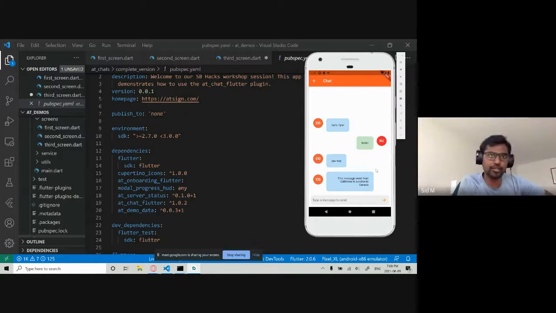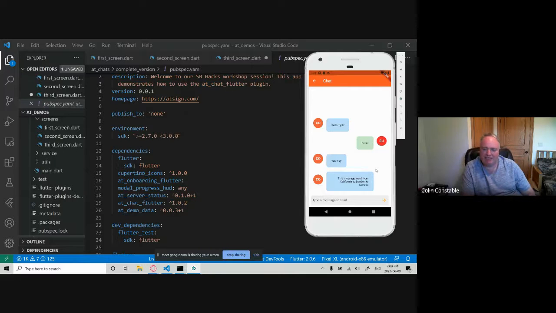Is it possible to use the @sign in two devices? And then what happens then? Yeah, you can use the same @sign in two different devices. That works just fine, and you get the same messages replicated to those two devices. Yeah, that works just fine.